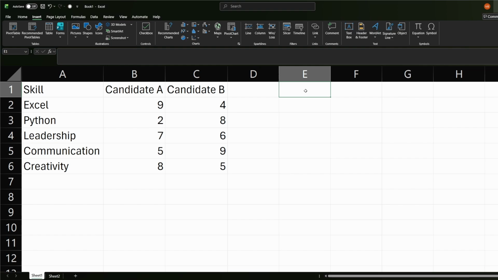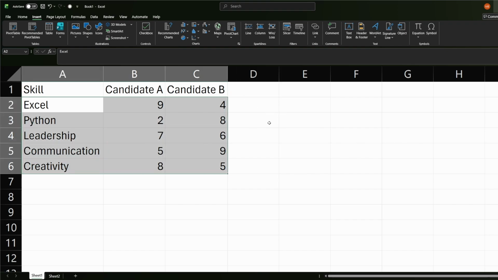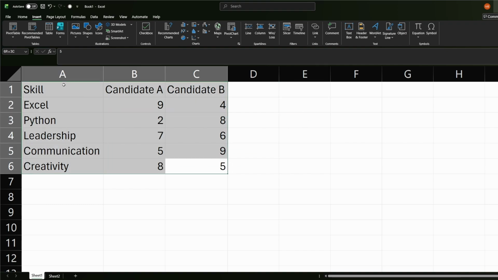Let's create a radar or spider chart in order to visually see the differences between candidate A and candidate B. So we have all these skills here between candidate A and candidate B, and we want to see the visual differences. Let's go ahead and select our data, go to your Insert tab, go to your charts, and then finally